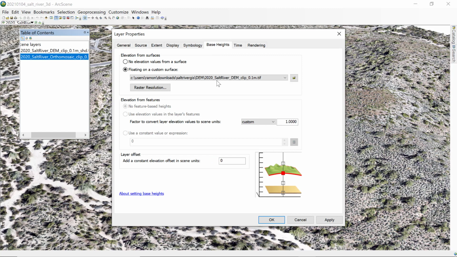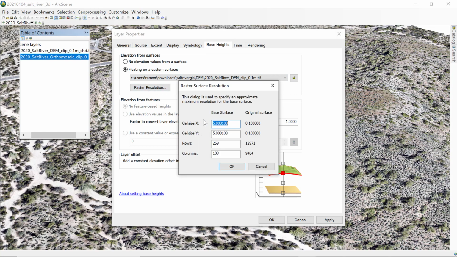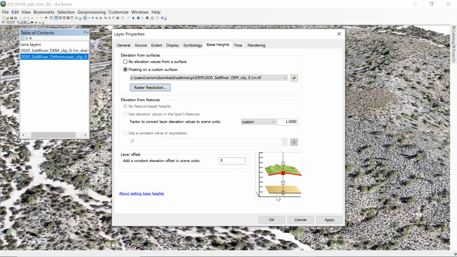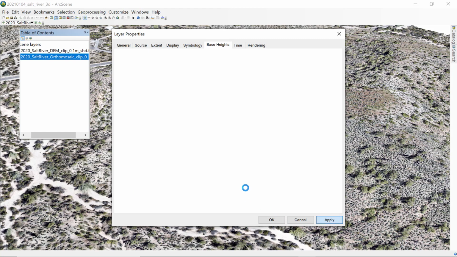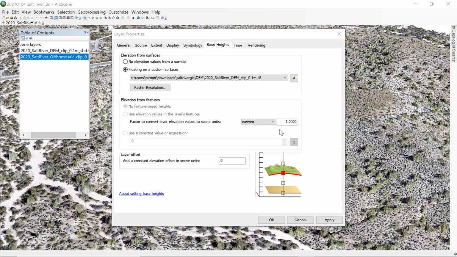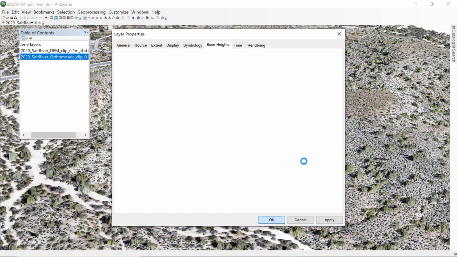The other thing is if you click on the base heights tab, you can see here it's floating on this custom surface, so don't change that. But if you click on raster resolution, you can see right now I've got it set at 5 meters per pixel, so it's not that many pixels. And you can change this if you want. You can say let's do 1 and 1, and so this should give it a higher resolution representation. But we do have to be careful that it doesn't blow up the memory, and so you just have to be careful. Okay, that took quite a while on my computer to run,